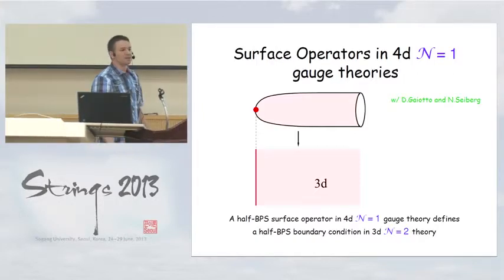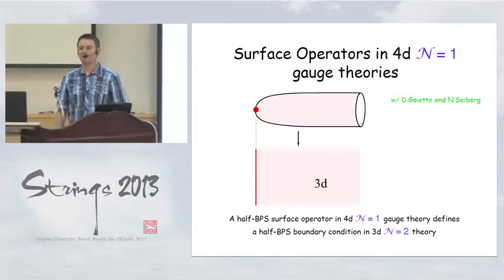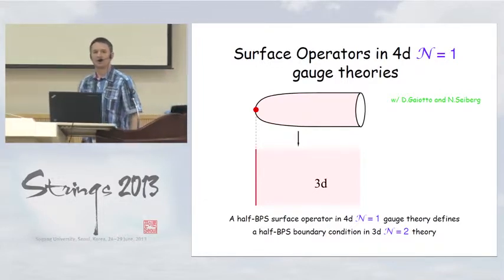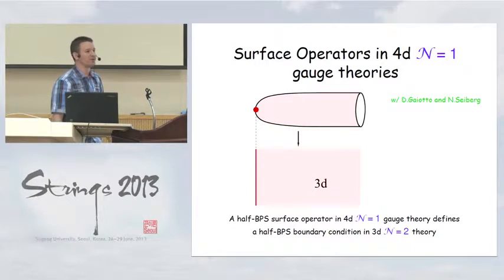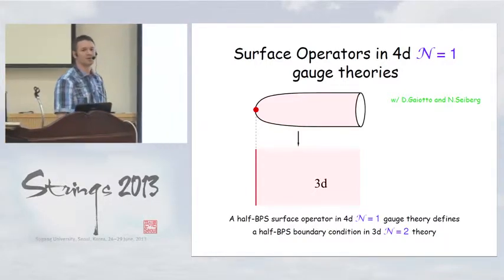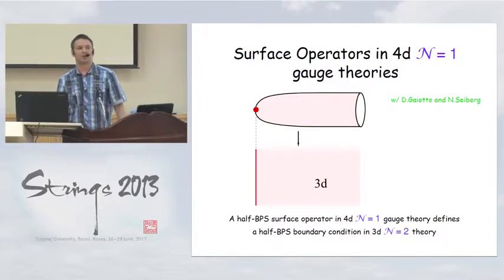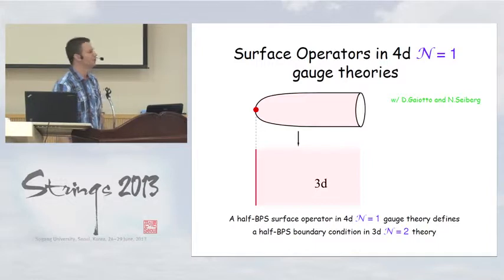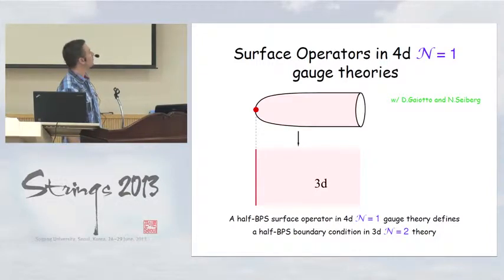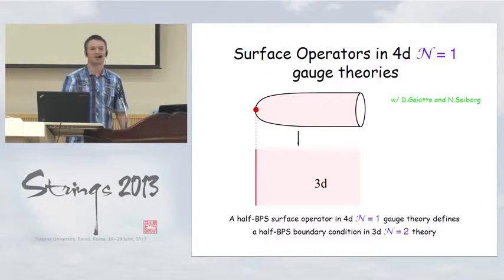So besides these motivations and several others which I listed on the previous slide, I have a couple of motivations which are dear to my own heart. One has to do with surface operators. If you look at the surface operator in four-dimensional field theory with N=1 supersymmetry, it will carry (0,2) supersymmetry in 2 dimensions. And moreover, if you take such a surface operator and consider its normal bundle to be a cigar,